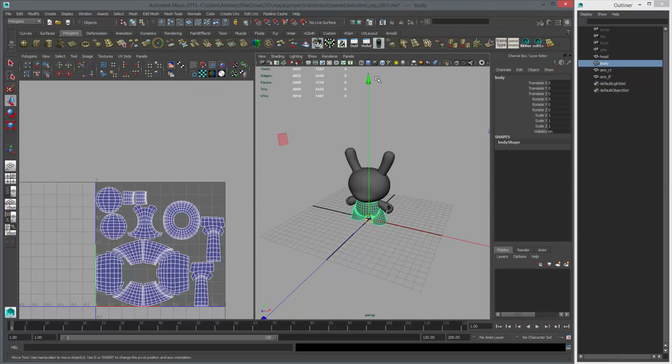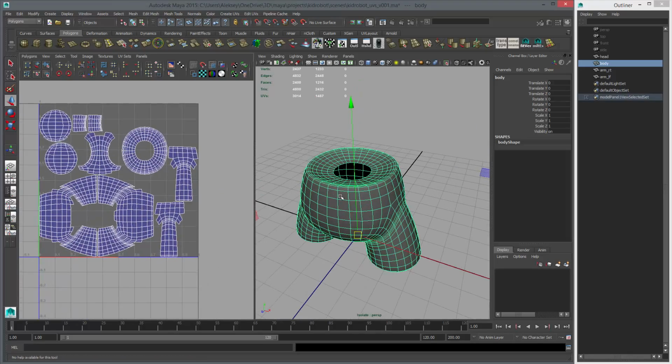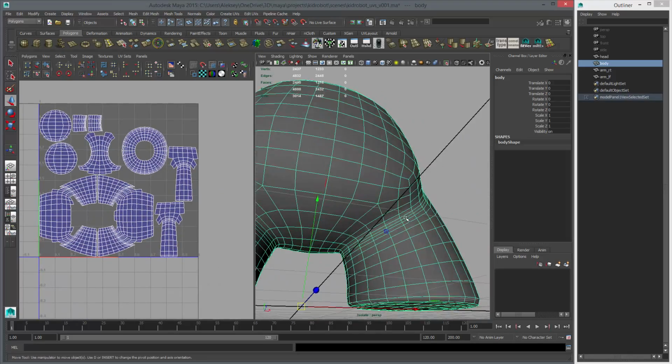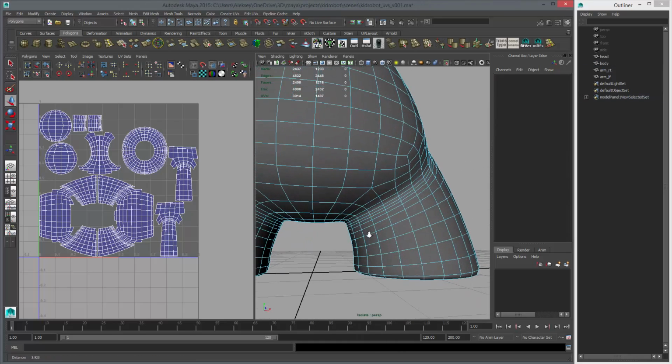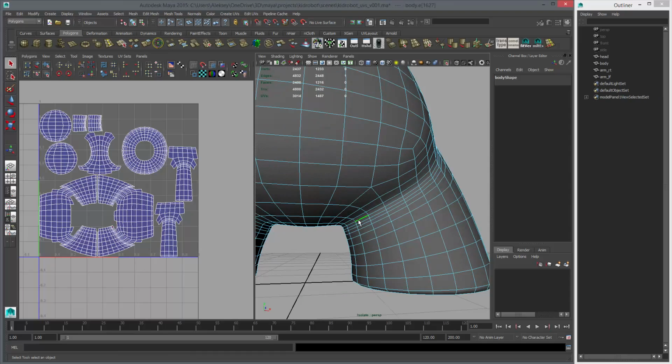Let's do the body. Same thing: when I click this button, it will isolate select, and then when you click it again, it will turn off isolate select. So it just temporarily hides everything and shows you just this. So let's UV this guy. Same thing. I did the automatic map already, so now I'm going to go and select